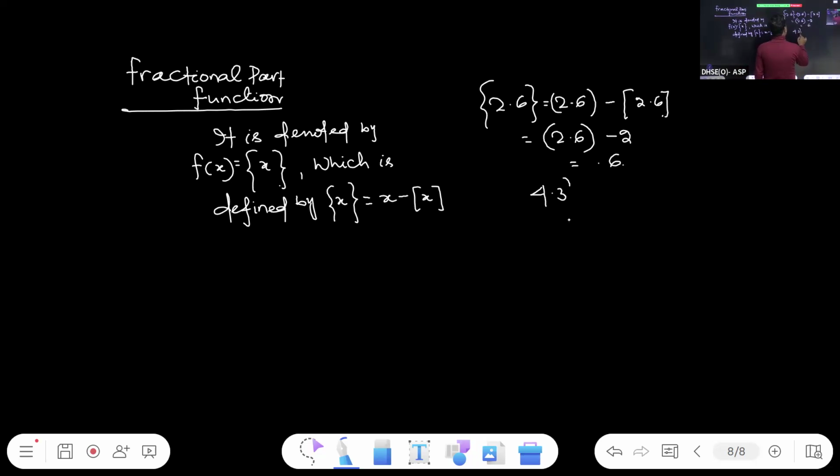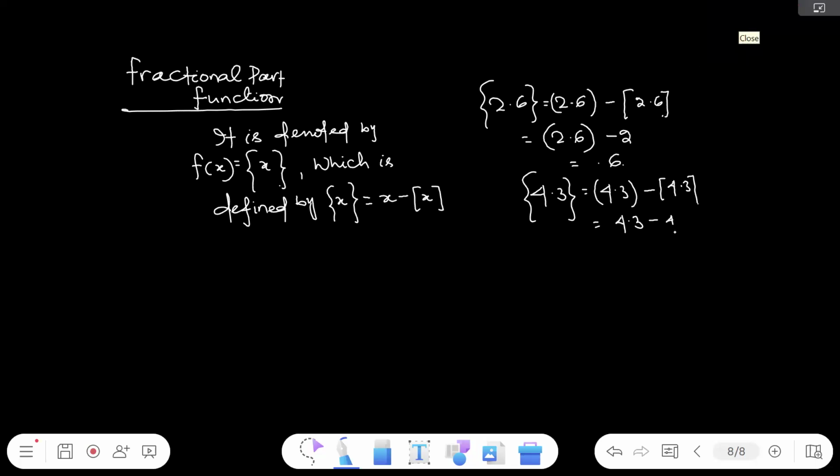4.3 fractional part will be 4.3 minus bracket of 4.3. Bracket of 4.3 is 4. 4.3 minus 4. Please,